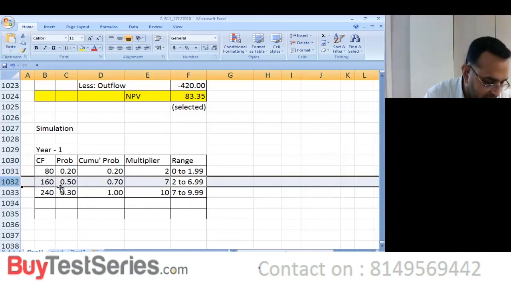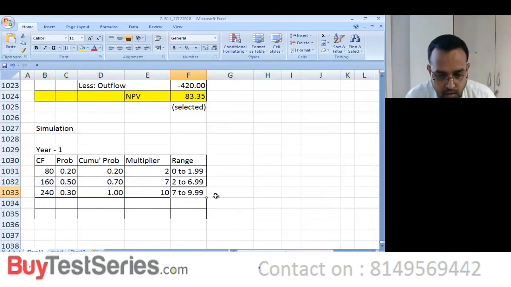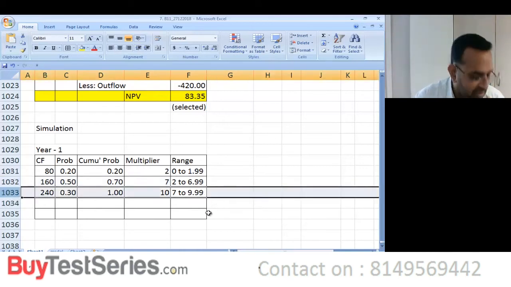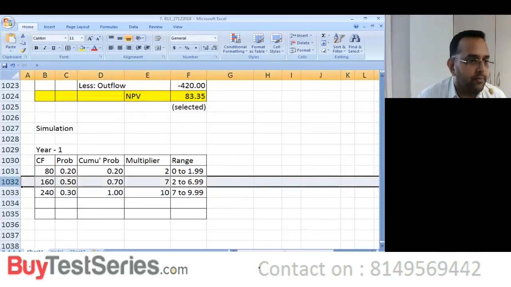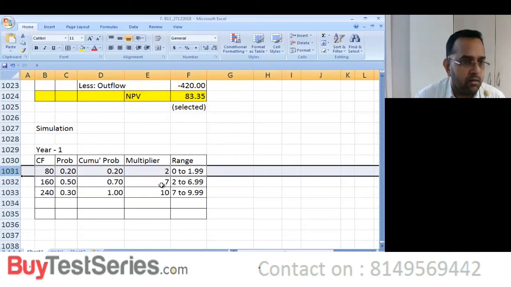Second set, it says 7. When it says 7, I understand it as 240. Set 3 has got a random number of 6. I understand it as 160. Set 4 has 4, I understand it as 160. And set 5 has got 0. I understand it as 80. So, of course, 8 is given, 9 may not be given. But we need to accommodate for all the probabilities, right?